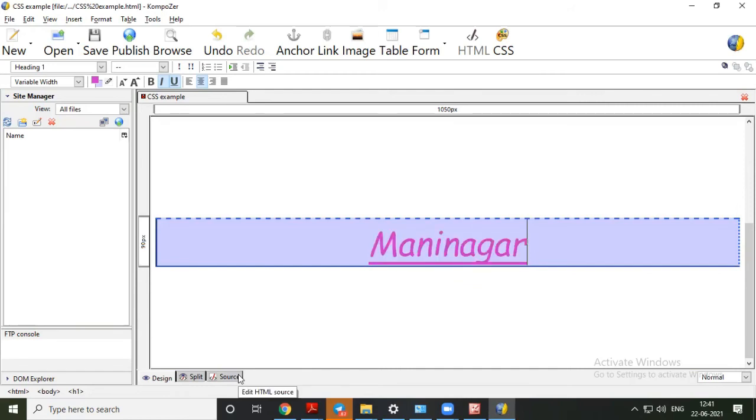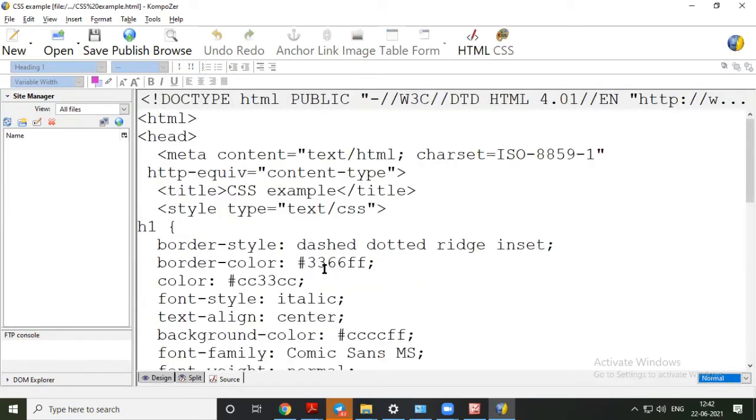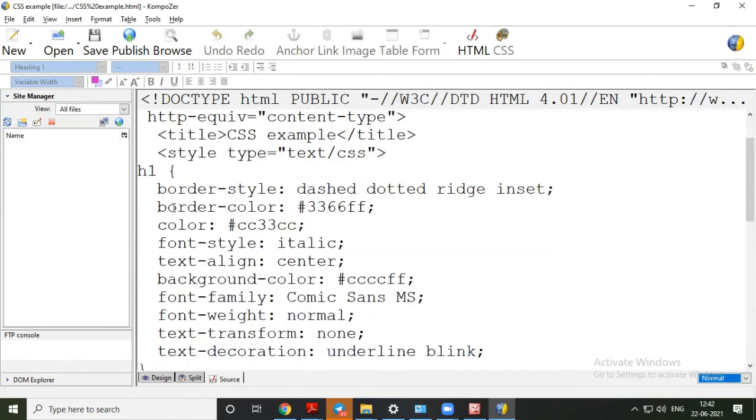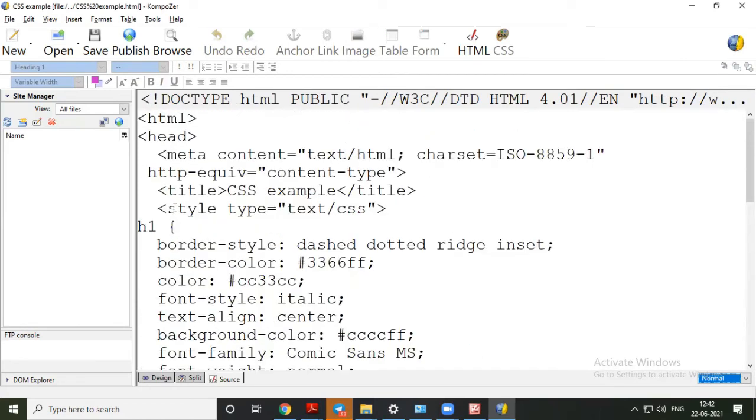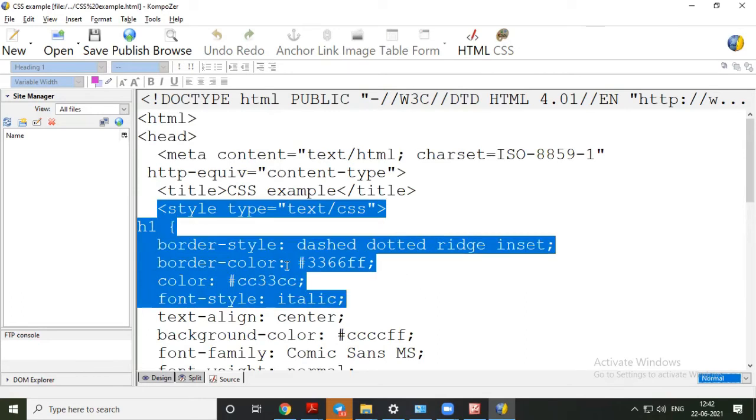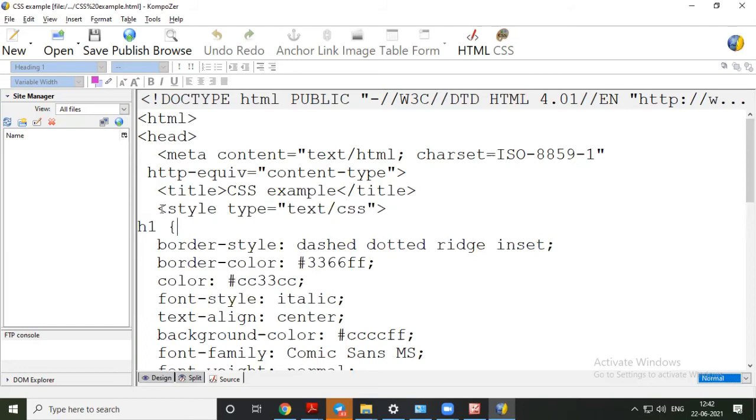Now let's move to source. So this is source. You can see that the coding starts from here with the style tag. Now whatever I am explaining right now is part of the theory. To include CSS in our HTML web page, the tag is style, and then the attribute type is equal to text/css. This is the value of the type attribute of the style tag.